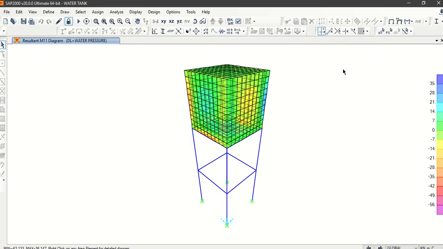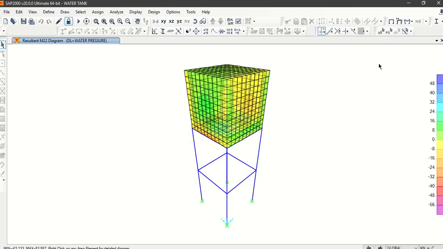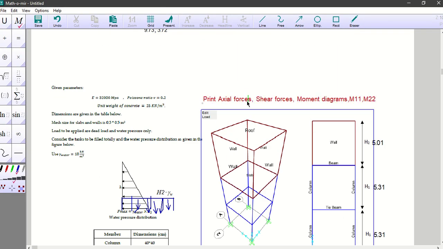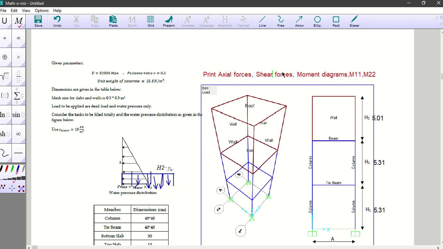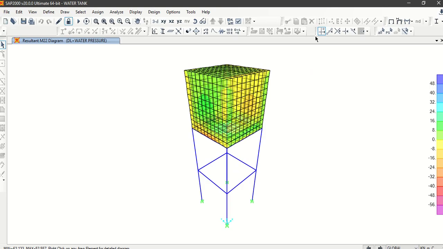Then we can also select M22. Actually, okay, this is the M22 diagram. What else can we select? Here it's mentioned print axial forces, shear forces, and moment diagrams. M11 and M22 we are done. Now we need the axial forces and shear forces. Therefore here we will select